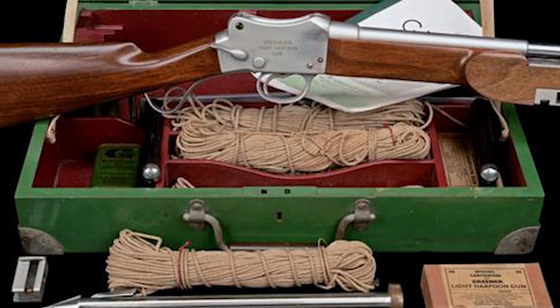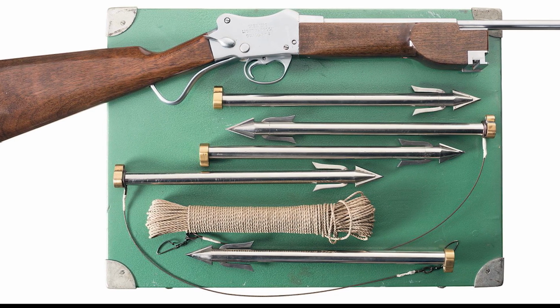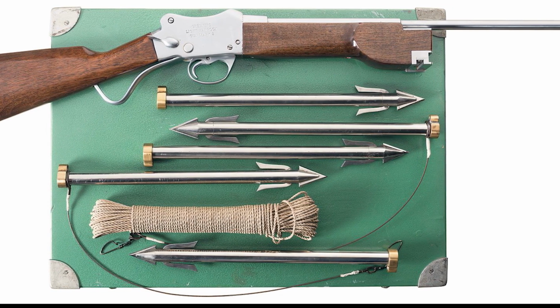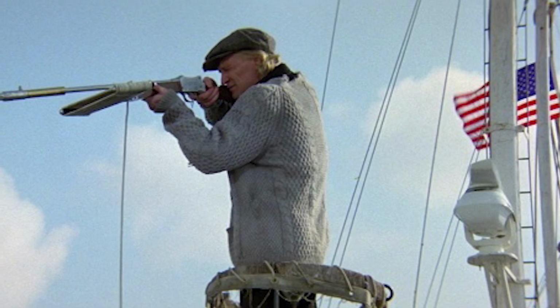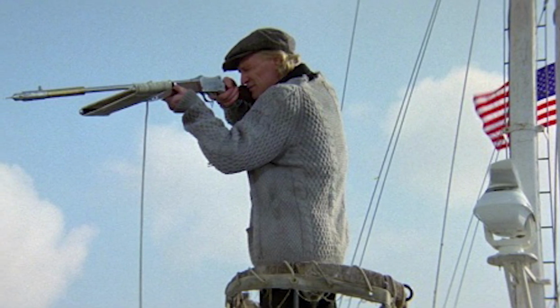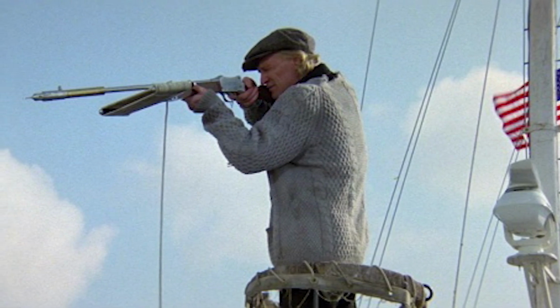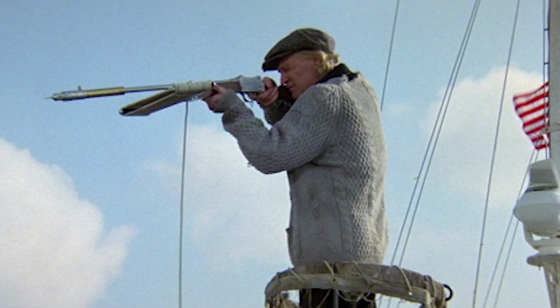Unlike older models, which were cumbersome and slow, this gun allowed for quick reloading, making the entire process much smoother. The harpoon itself was linked to a rope, which was a brilliant innovation. Hunters could shoot the harpoon into a whale or another large marine animal, and then reel in their catch from a safe distance. This was a huge improvement over previous methods, where hunters had to get dangerously close to their